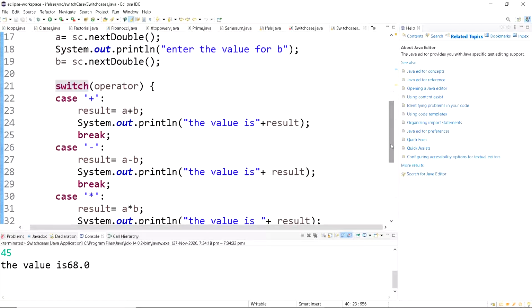Now I've created a switch case, and the variable I've mentioned here is operator.